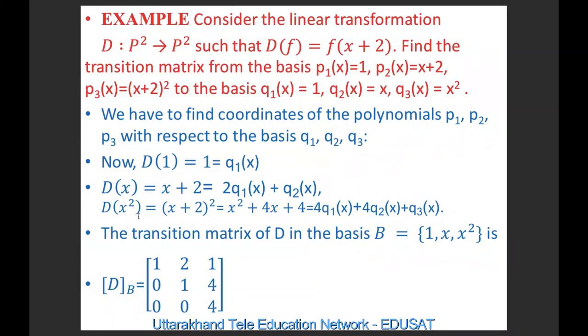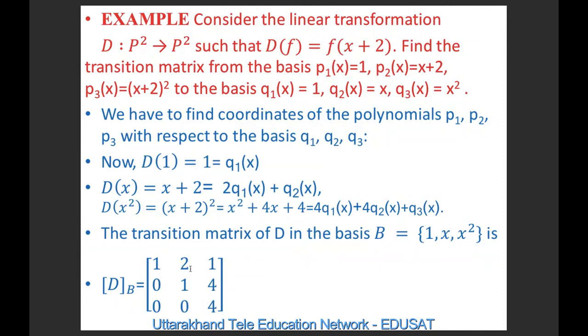p3(x), or d of x squared, is (x+2) whole square. If you open the square, x² + 4x + 4. So if we compare it with this, q1(x) = 1, q2(x) = x, q3(x) = x², we get 4q1(x) + 4q2(x) + q3(x). So the transition matrix D in the basis B = {1, x, x²} is